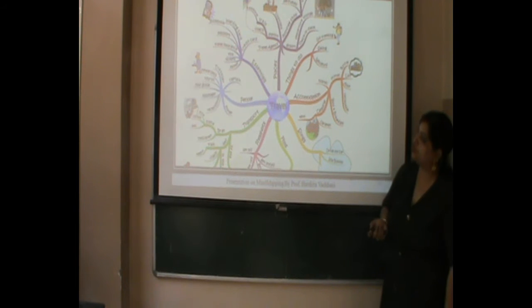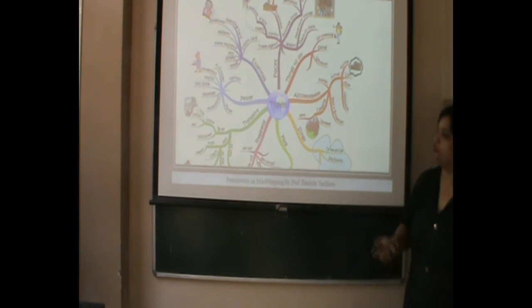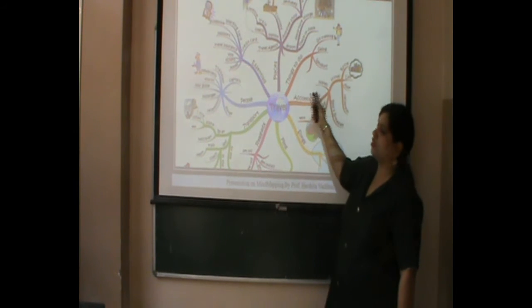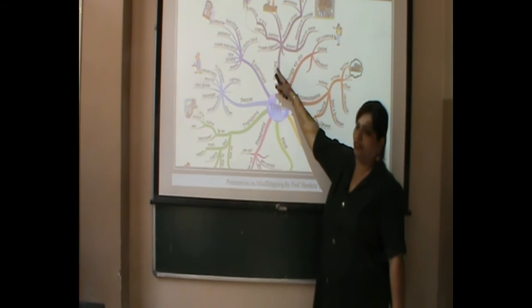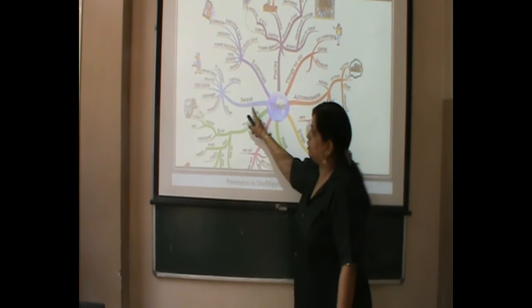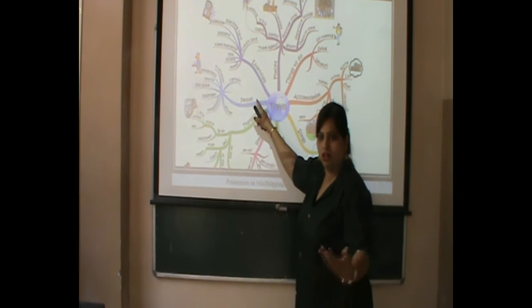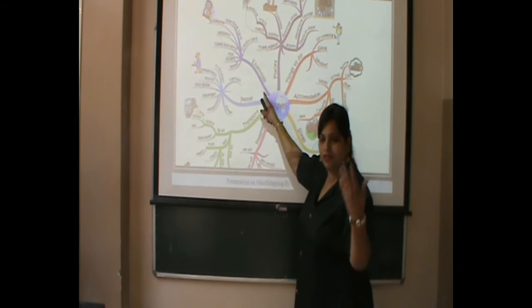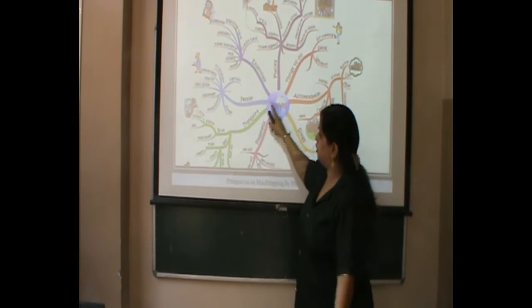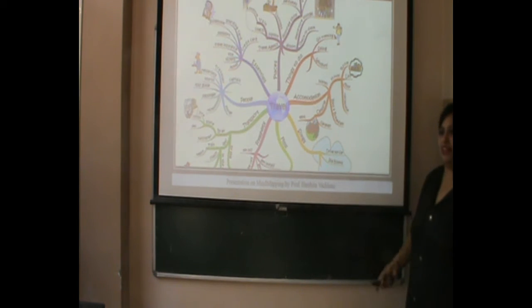Now, if you see next, travel. I want to go to, suppose, the UK. So for the travel planner, I have to look for the accommodation, what things I need to do, what places I need to visit, what essentials I need to carry in my travel bag, and who I need to interact with for my UK visa process, and what I have to do when I reach the UK. Then transport, then some films, and the activities I have to do.